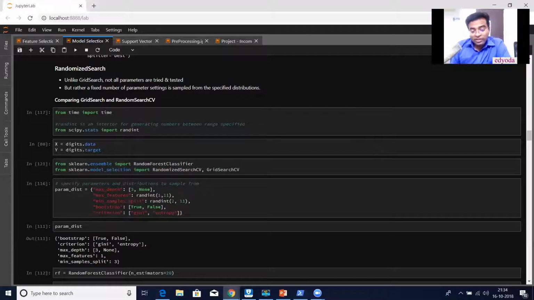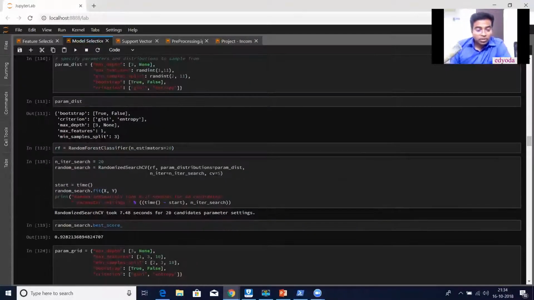So 1 to 11 is the range and 2 to 11 is the range, and the rest of the stuff is configured over here. When you use a random forest classifier where the number of estimators is 20, these are the parameters we are passing over here. This guy, random search, took